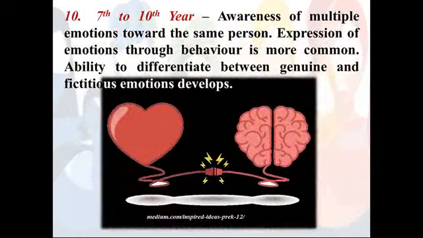Seventh to 10th year, awareness of multiple emotions toward the same person at the same time. The child starts experiencing different or multiple emotions toward the same person. Earlier it was a single emotion, meaning a child expressed only one type of emotion at a time. But here, multiple emotions at the same time with the same person. Expression of emotions through behavior is more common, and